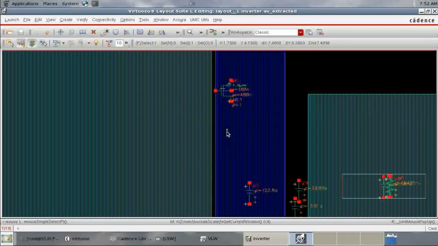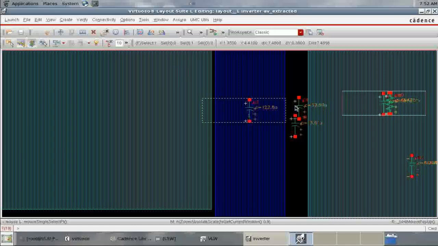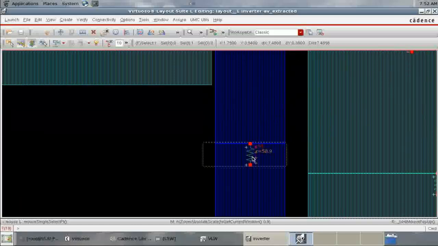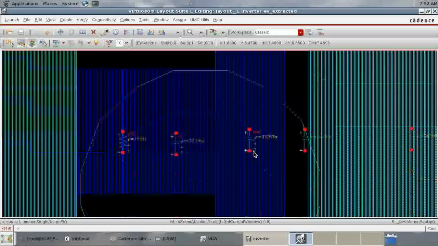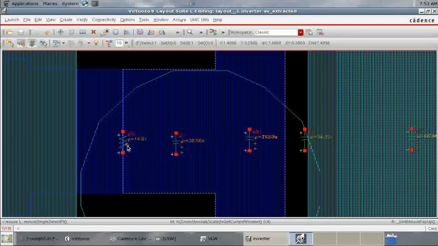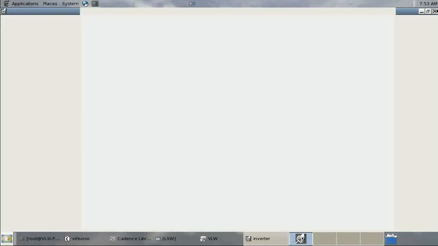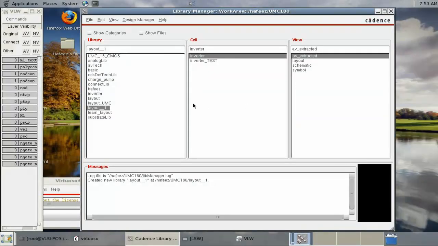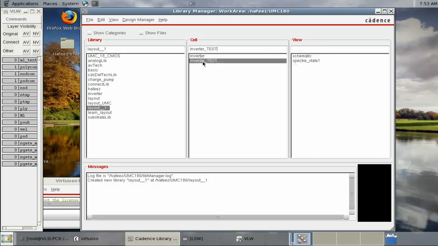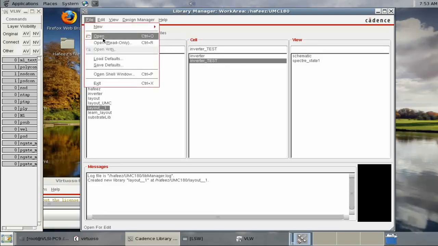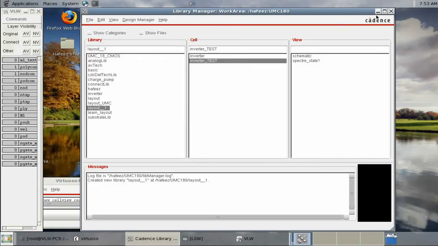See, this is our MOSFET, but the parasitic capacitance, parasitic resistance, and all. Close them, and now we can simulate with parasitics and without parasitics. So go to the inverter test, file, new, cell view,